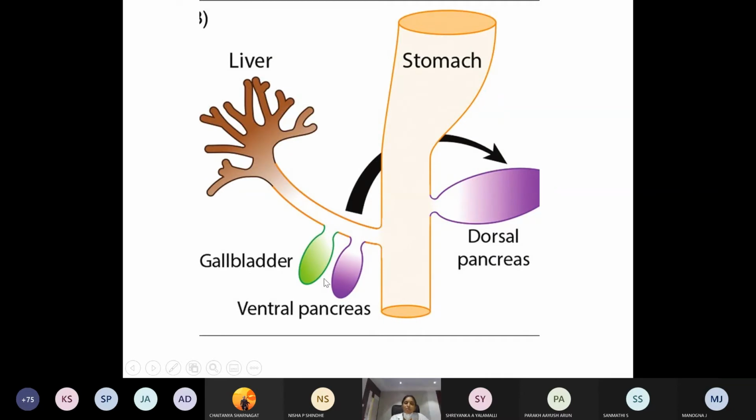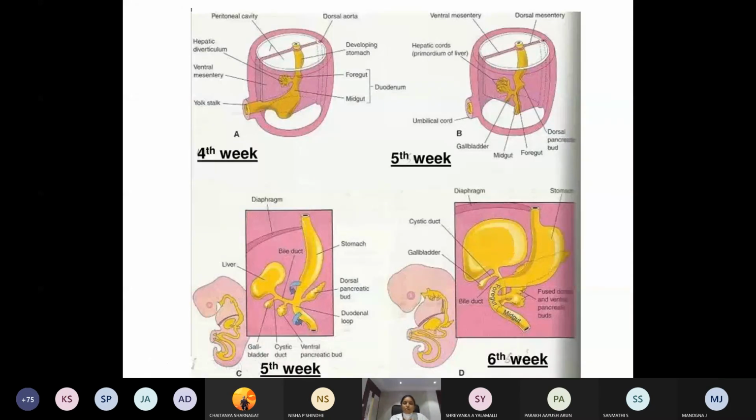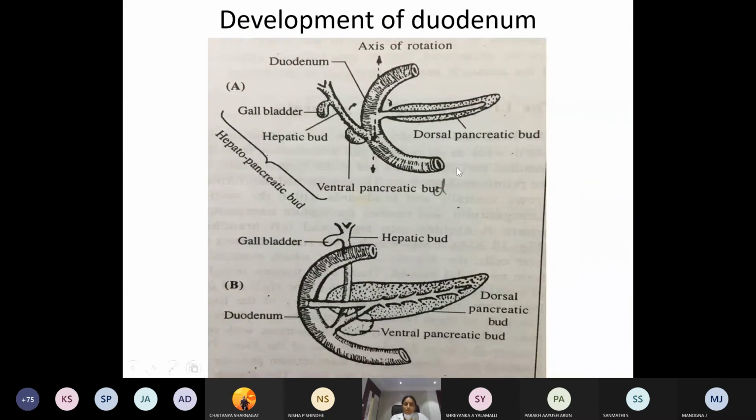One is the ventral pancreatic bud, the other one is the dorsal pancreatic bud. Now I don't want to cover pancreatic buds in detail here, clear, which I will teach you in pancreas. So here the ventral pancreatic bud will become posterior now because of the axial rotation of the duodenum, and the dorsal pancreatic bud will become anterior because it is pushed anteriorly. So just remember about rotation of the duodenum. Now what will happen once the duodenum rotates? The anterior border, posterior border, what happens to these?